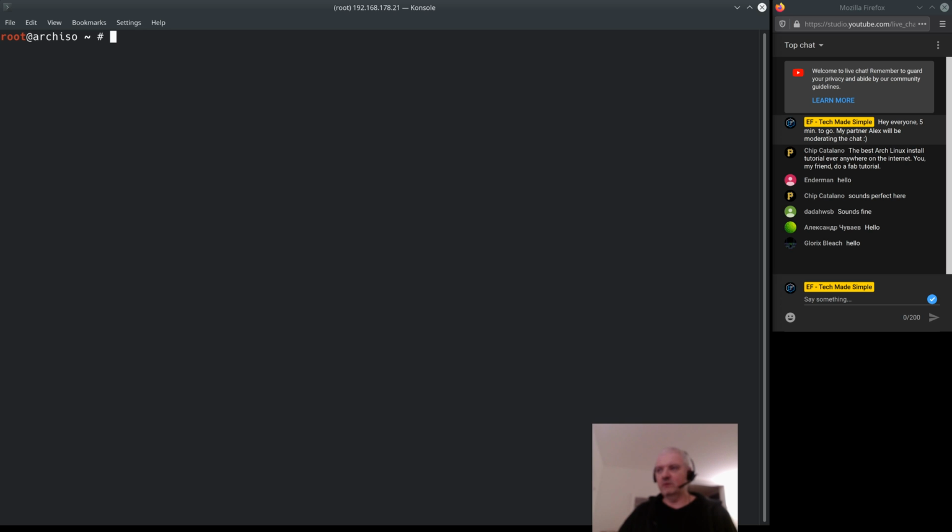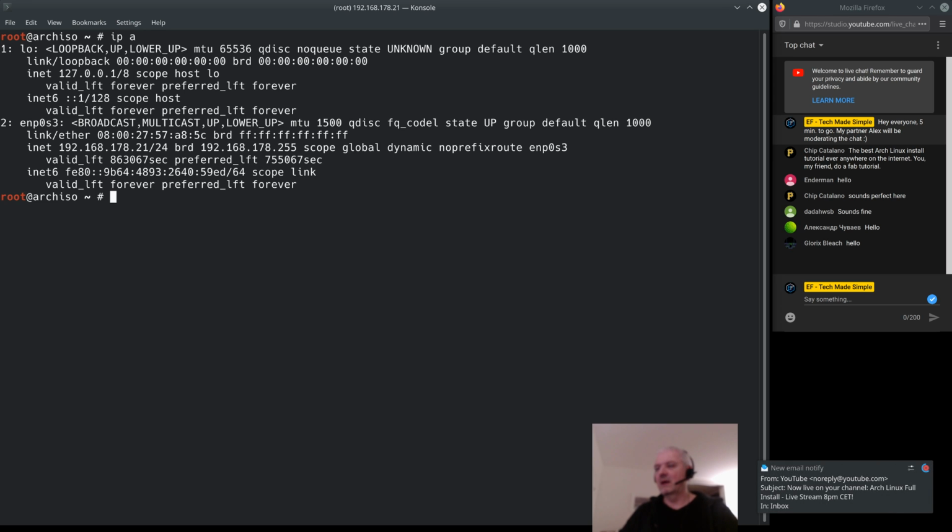So the first thing we always do when you boot up the machine with your ISO is to check, of course, if you have an internet connection. Now, if you have an Ethernet cable attached to your computer, you will have an IP directly because it's going to be configured directly. So in my case, because this is VirtualBox, if I type in now ip a, which is going to check the IP address of my machine, you can see here,